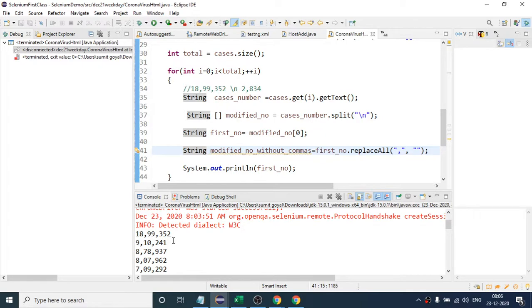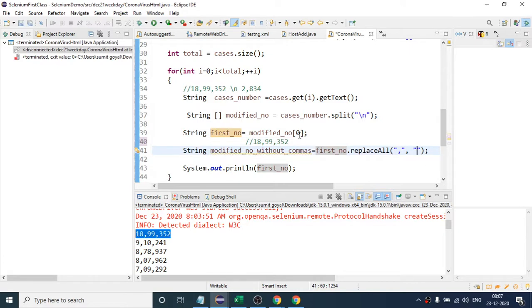As of now you can see this is the number. So if I copy this and write it here, what this statement will do is, suppose in this first number this number is present, when this line is executed, this method will replace all the commas. I have written an empty string, right?